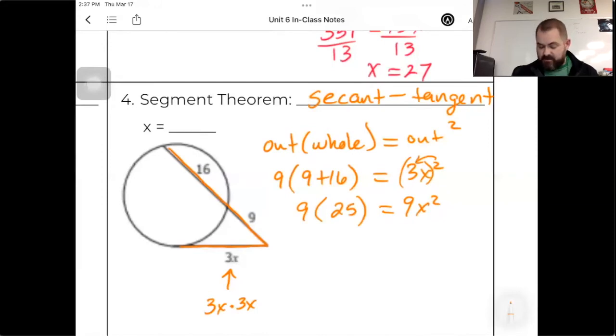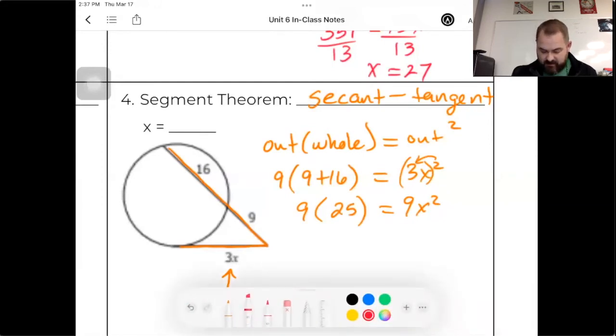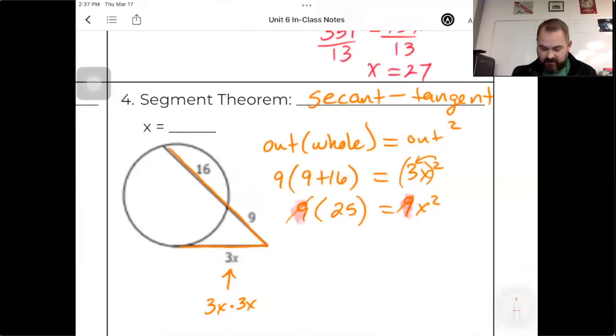Okay, now there's a couple things you could do, but I do want you to notice this. I've got a 9 as a factor on both sides. Those should cancel. Or I could go about this the long way and do 9 times 25 is 225. But then I'm going to divide by 9 anyways to get rid of that. And so it goes back to being